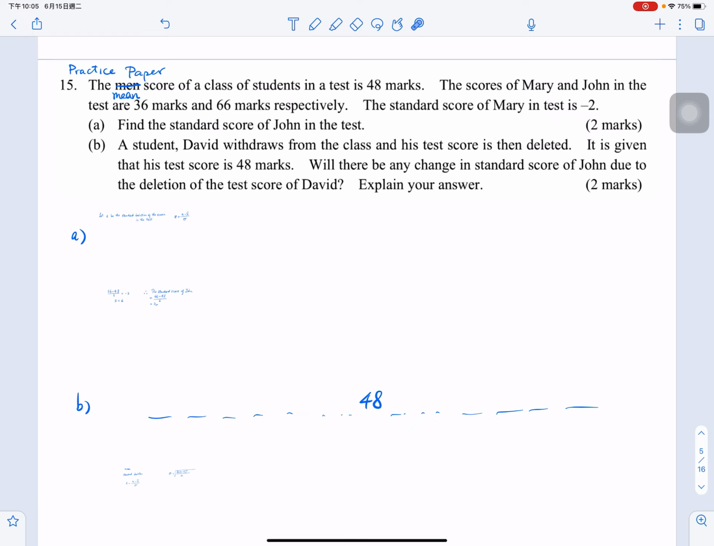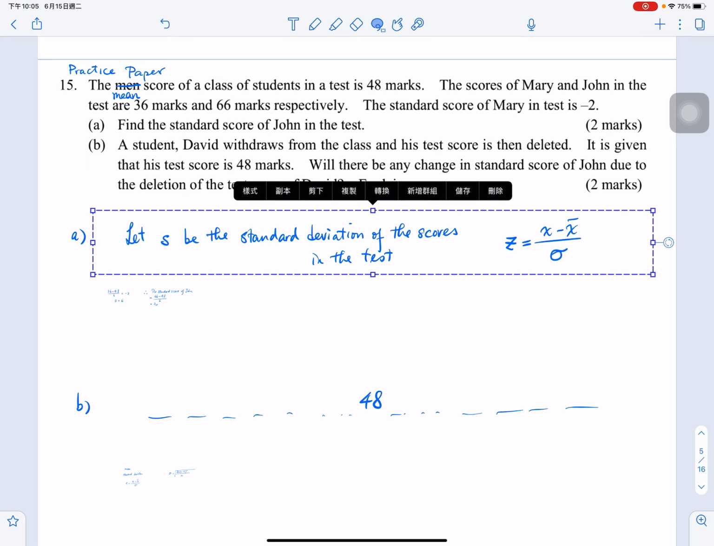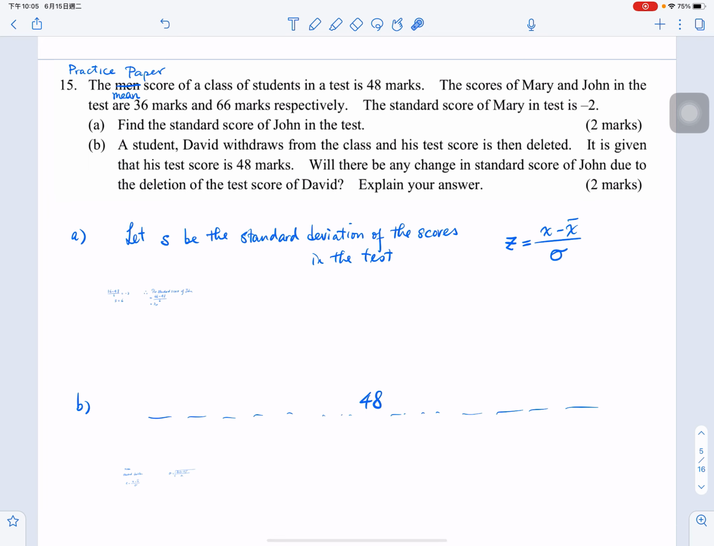So first thing, we need to find out what the standard deviation is. Do you remember the formula of the standard deviation? I let S be the standard deviation of the scores in the test. This is the standard deviation, this symbol. And remember, standard score equals the raw score minus the mean, over the standard deviation. So as a result,